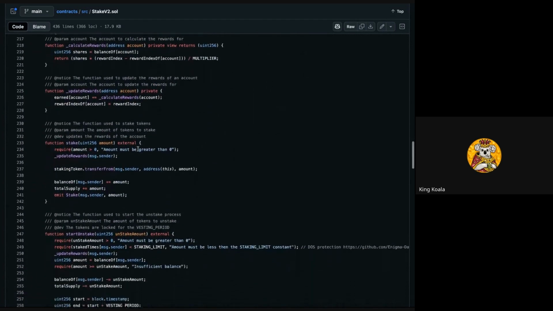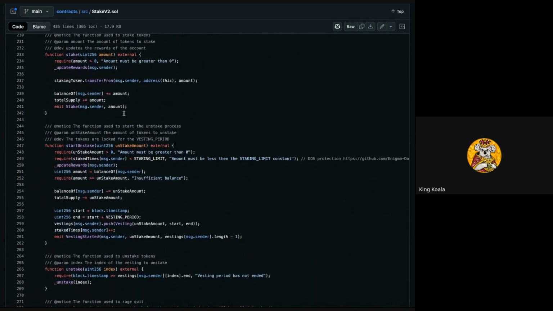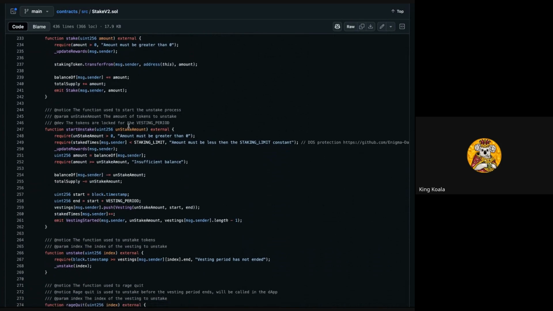Again, there's some smaller helper functions. We do have a vesting period. For all the people that come into the vault, there's a 10-day unstaking period. During this period, you're not earning any rewards or any benefits from the vault. You can leave at any time, but you will be taking a